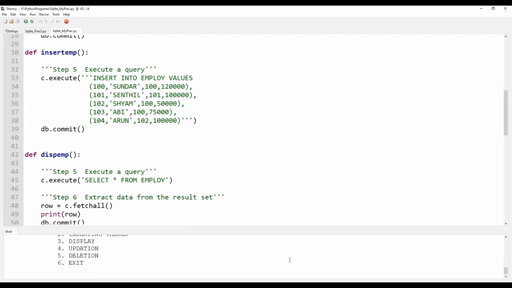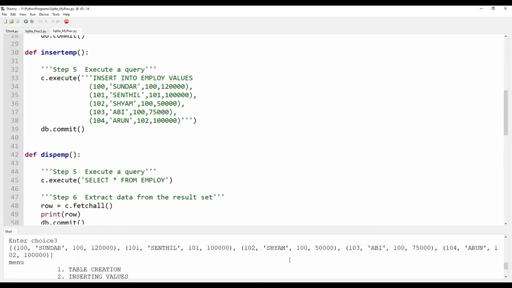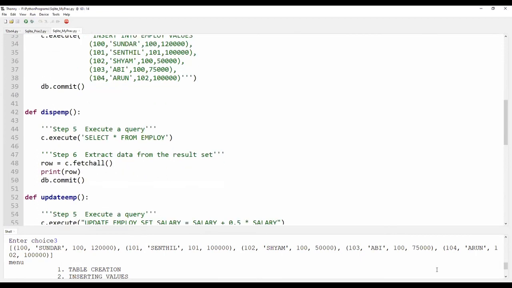Yes, here the 5 records are: 100 Sundar, his department number and salary. Then 101 is Sendil, 102 is Sham, 103 is Abhi, and 104 is Arun. So all the records have been inserted into the table, and that has been selected also. So let us try to give